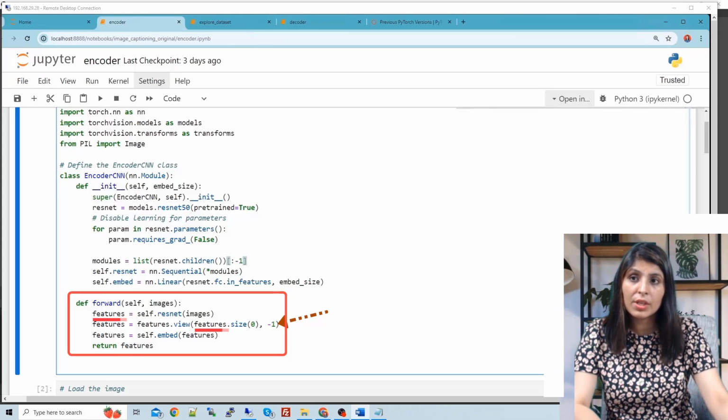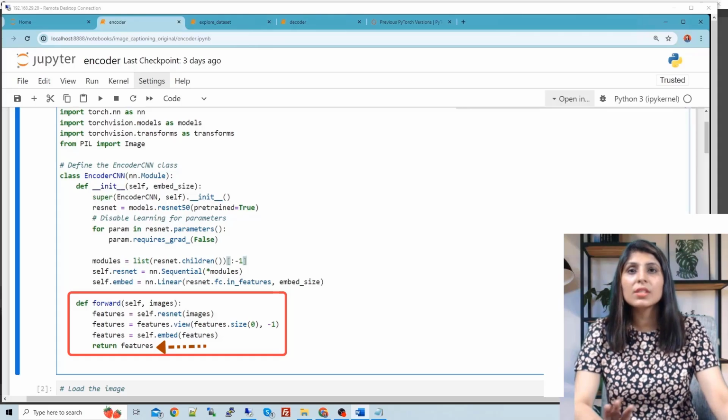What we are doing here is flattening those features, because we want to create the embedding vector, and for that we need to flatten those feature maps. Then we have this layer, where we create an embedding vector, and finally we get the features as an embedding vector. Okay, so this is the class.